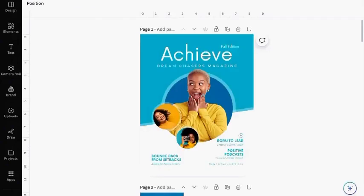First thing is, one of my biggest challenges with creating this template was the cover. As you know, a lot of times you may see a full cover image. And if you want to use a stock photo on the cover of your magazine, that's great. But for solopreneurs like myself who also want to put themselves on the cover, if you are not photo shoot happy, and you don't have tons of high quality, huge images of yourself, your team, whatever, you may find it a challenge to create a quality-looking front cover. And so when I designed this cover in particular, I wanted something bright, I wanted something clean,